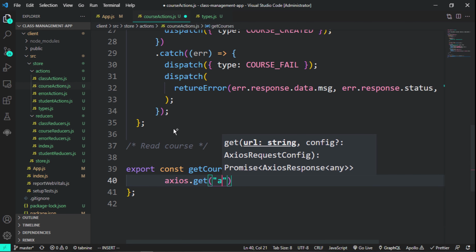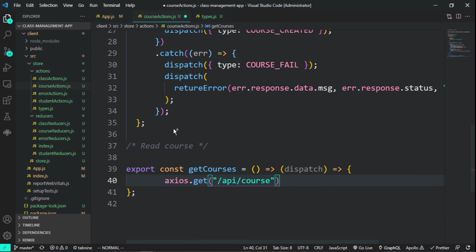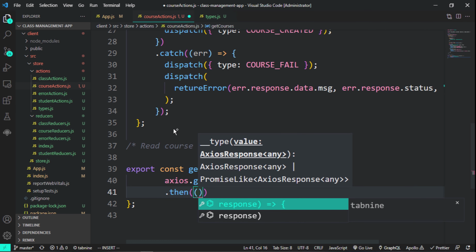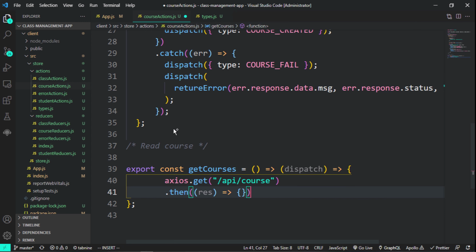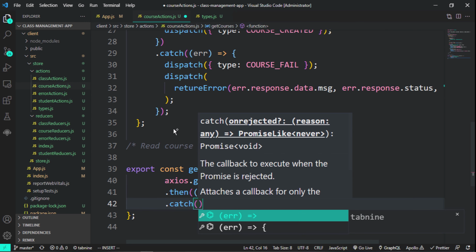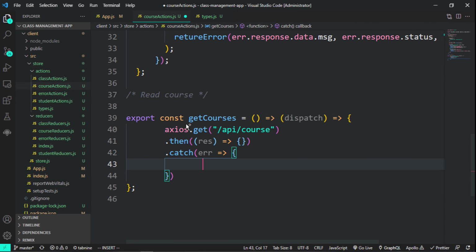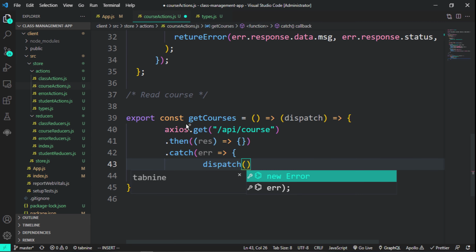So we just simply have /API/course. Then we are going to have a response, and also we have the catch, which is the error. So here we are just going to dispatch simply a return error,